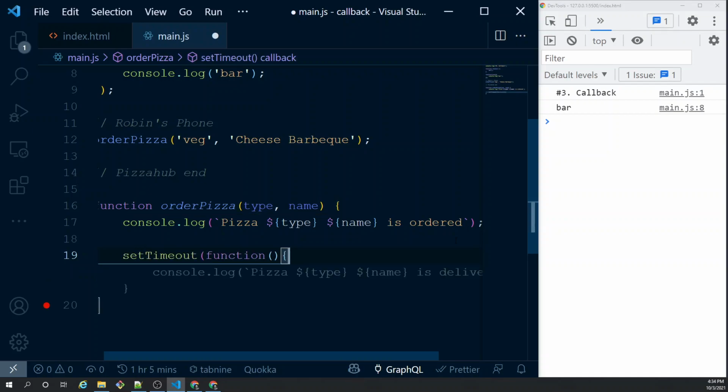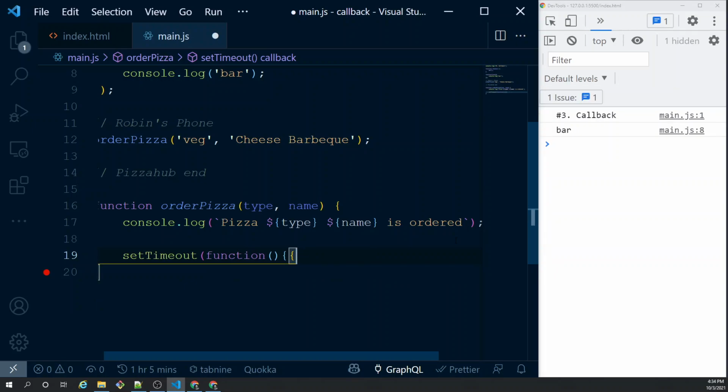What setTimeout does is, whatever you put inside setTimeout, you put it with a time delay. After the time delay, that function is going to get executed. So with setTimeout, we first write a function. Let's say it takes 3 seconds, and inside that function we do a console.log: pizza is ready.